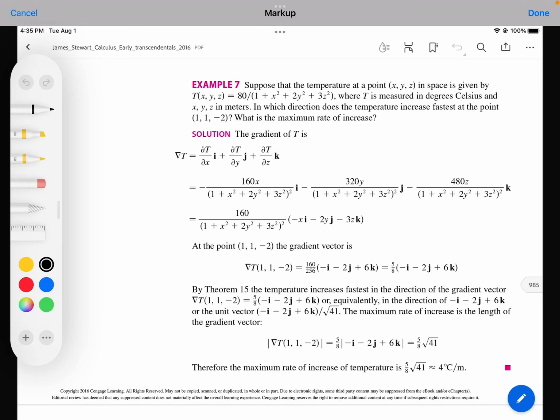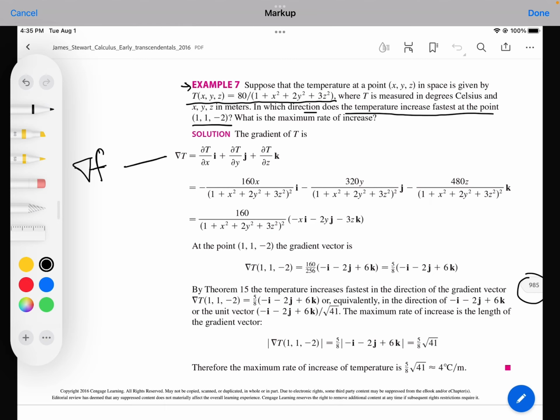Some applications. So typical examples on page 985, example 7. This talks about temperature being written as a function of the x, y, z coordinates in 3D space. And the question says, in which direction does the temperature increase fastest at this point in space? By our proof before, the direction in which the temperature increases the fastest is along the direction of the